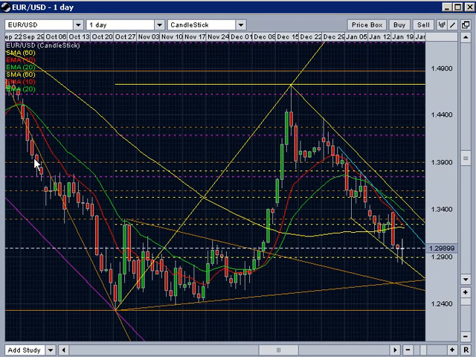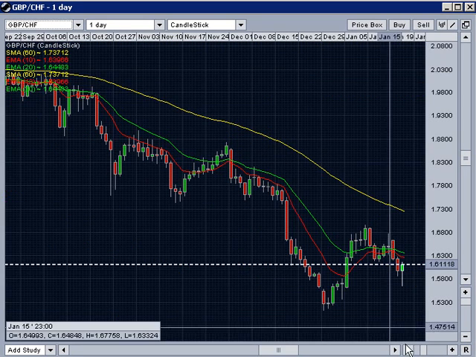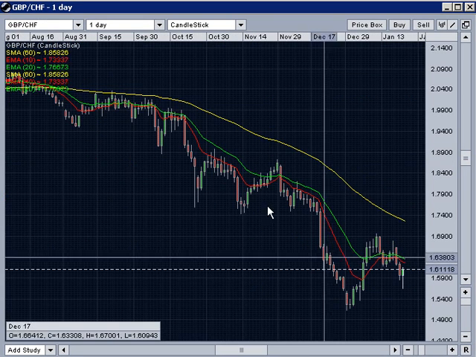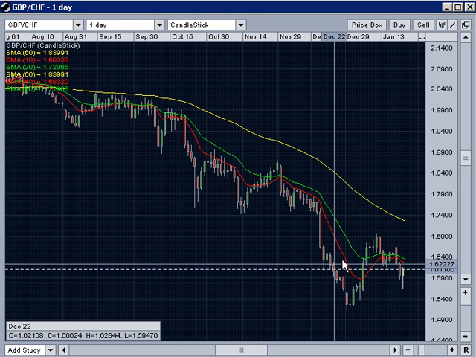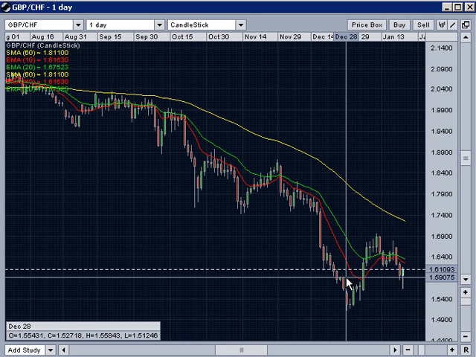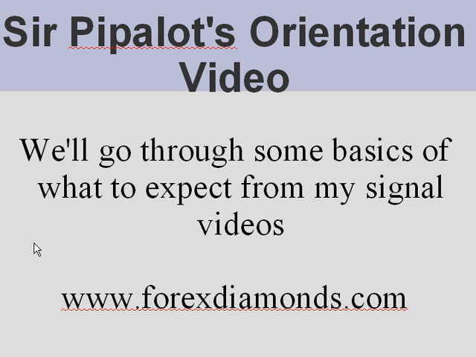These are just in the signal videos, not even in the free service. I called a short on the pound Swiss from about 2 to 1.6, 4,000 pips, and it took a few months, but it made it, 4,000 pips. But in any case, guys, it's just a couple of examples. It's not like I give those types of things out every day, but I just want to show